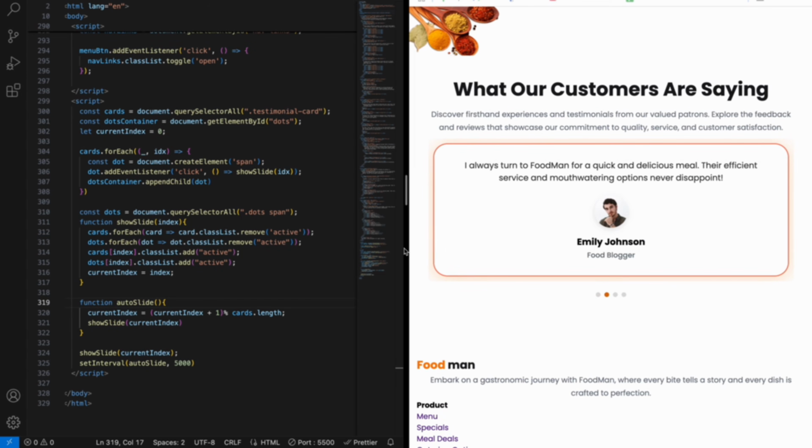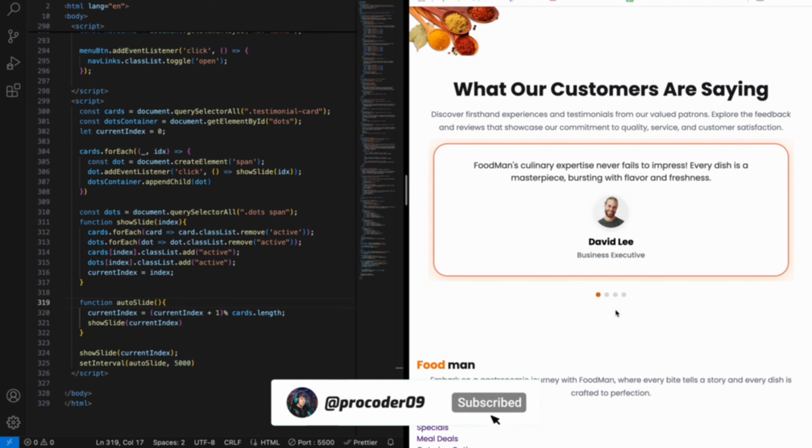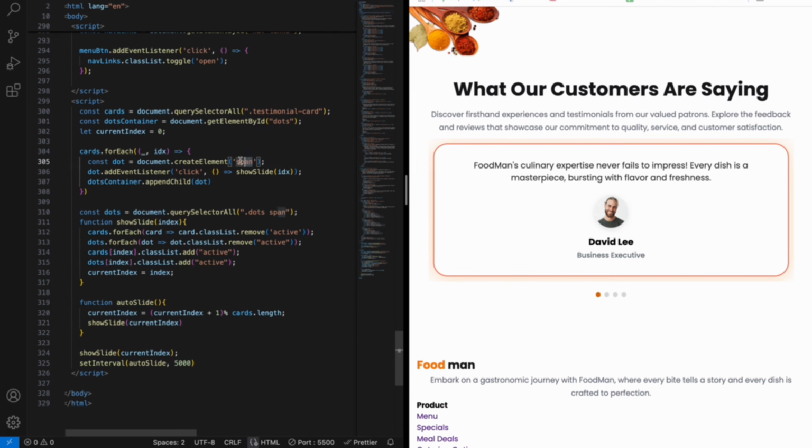So guys, let me just show you how it works. Here we have created a dot container. Inside this we created a span tag and added the designing part, and that's all done by the JavaScript. Here you can see we have created a span tag inside the dot, and the dot is inside the dots container. Okay, so after that, we just select it using dots and then use it in show slide. So what it does is when an interval like 5000 means 5 seconds, every 5 seconds